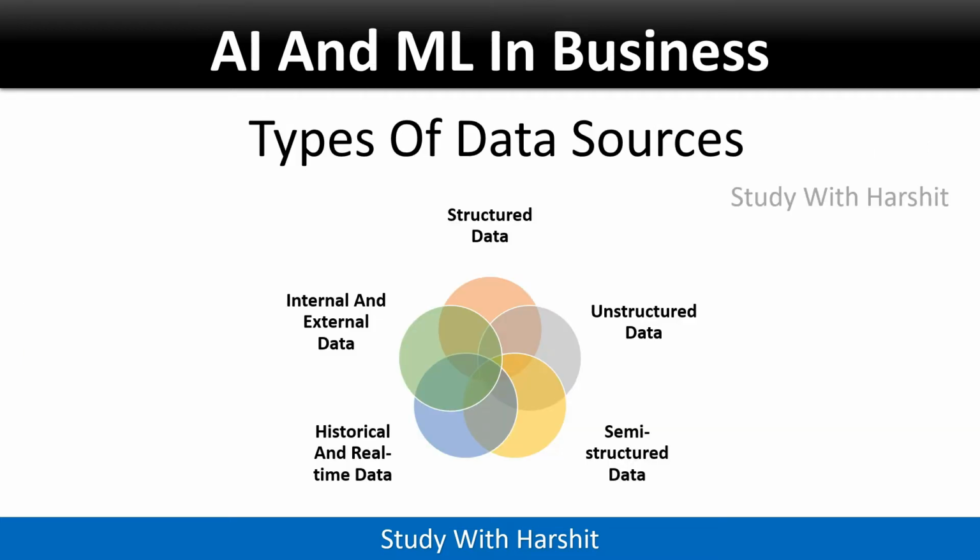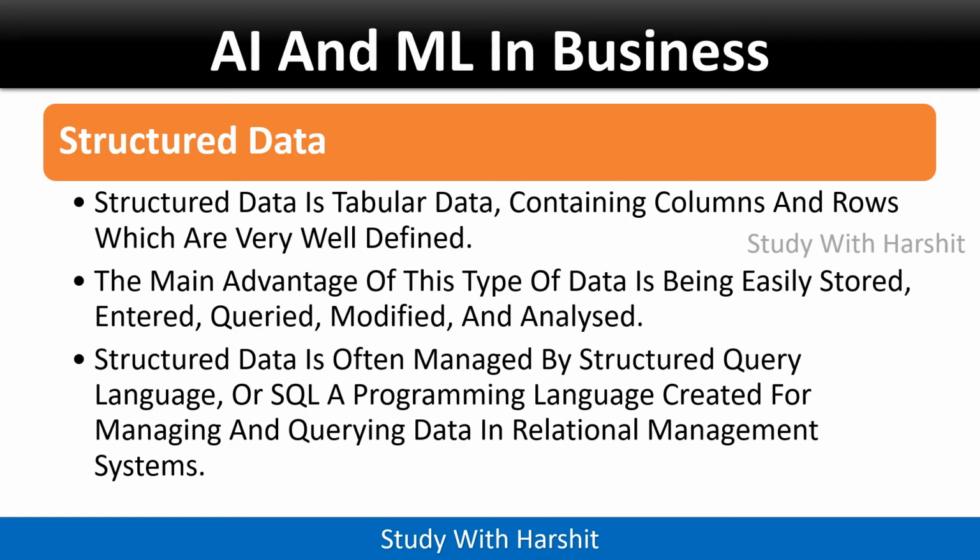Types of data sources: structured data, unstructured data, semi-structured data, historical and real-time data, internal and external data. Structured data is tabular data containing columns and rows which are very well defined. The main advantage of this type of data is being easily stored, entered, queried, modified, and analyzed. Structured data is often managed by structured query language, or SQL, a programming language created for managing and querying data